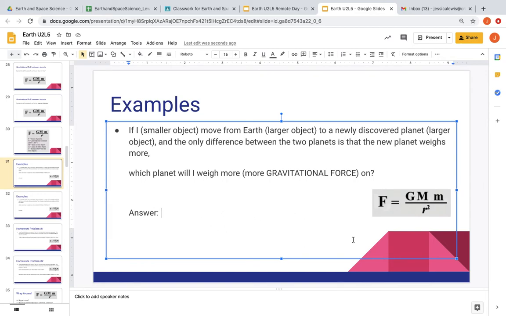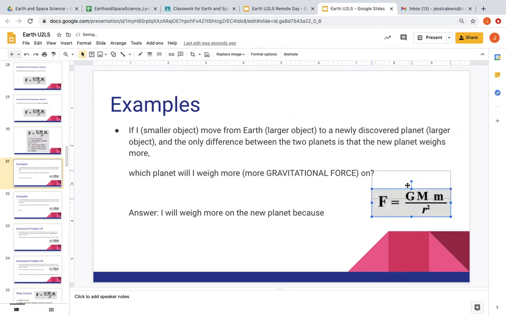Okay, so the answer here is, well, if all I'm changing is this capital M, so the mass of the bigger object, and the mass of the bigger object gets bigger, then the force is going to be bigger. So which planet will I weigh more on? Which planet will have a bigger force here? It'll be the planet with the bigger M here. So I'm going to say the new planet weighs more. Okay, so I'm going to write in a full sentence, I will weigh more on the new planet